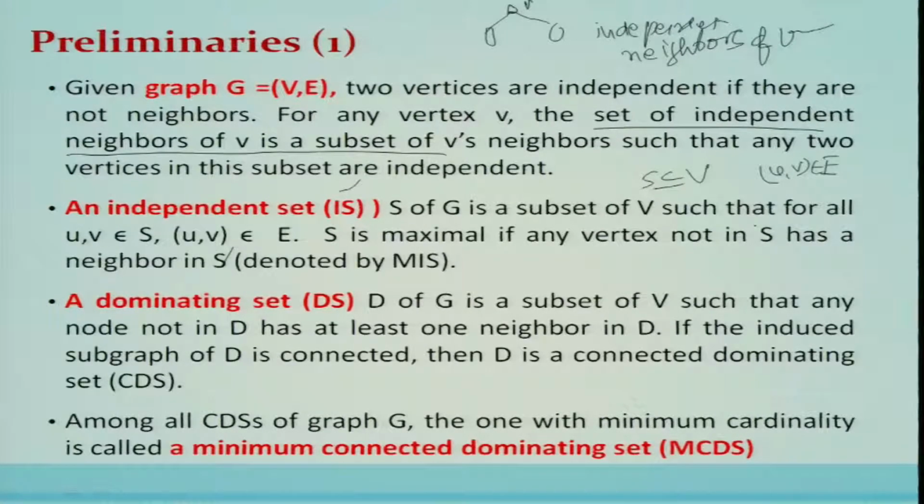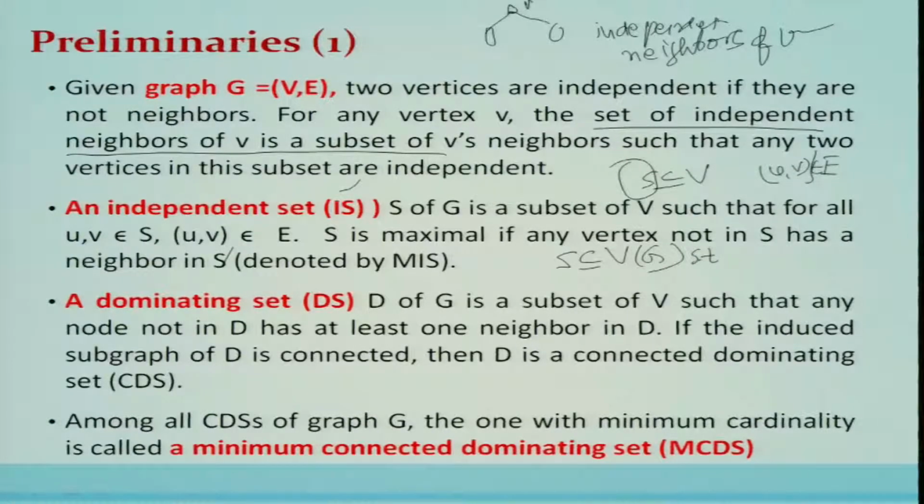So, for any two pair of vertices, they do not have an edge. Such a subset of vertices is an independent set. Again, I am repeating: an independent set S of G is a subset of V, the set of vertices of G, such that